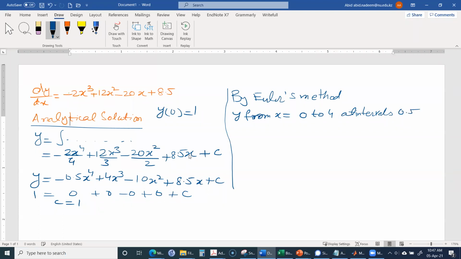Okay, so we have the interval. So equation 25.2, that means for the Euler's equation is,